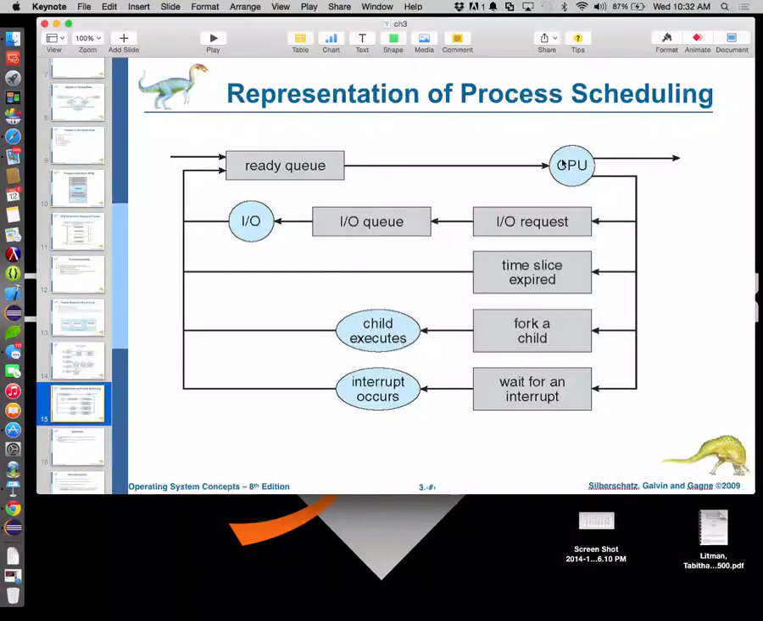All right, so some jobs will leave the CPU and they're done. Other ones will get interrupted from the CPU for whatever reason. They might go into I/O requests. They might go into a time slice expired thing, which